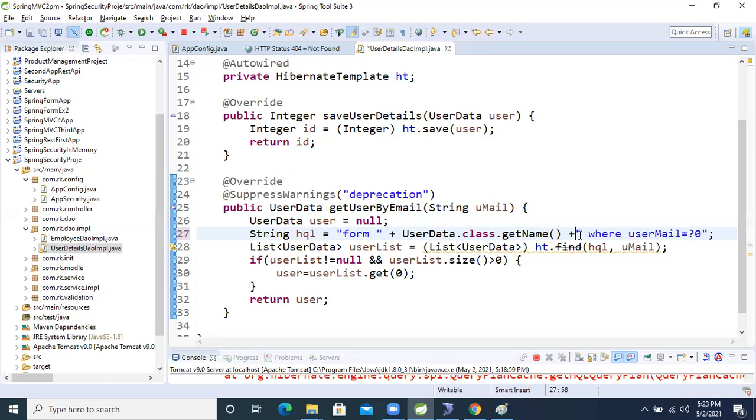What is the error? Sir, there is an ending where user mail is equal to question mark after. Correct, right? One minute, let's see the error on the console.